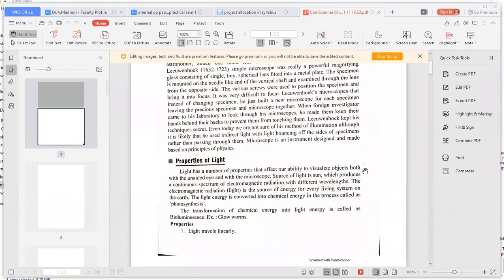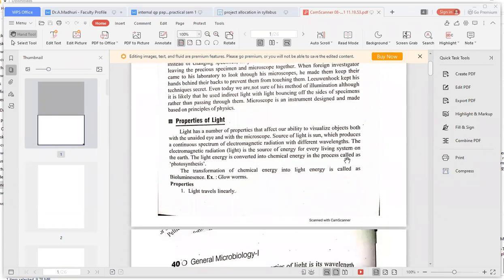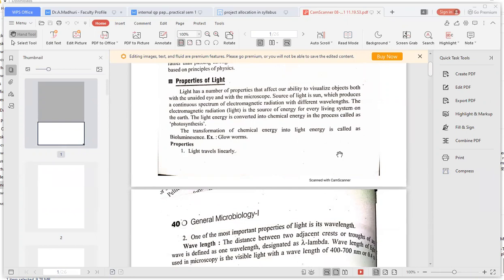So here, before studying about microscopy, we have to study some properties, that is properties of light. What is light, you know very well, right? It is used in photosynthesis and even in bioluminescence, like jugnu, what you call that insect. Okay, how they glow. Some fishes will also glow. That is called bioluminescence. Luminescence means glowing. Bio means by the living organisms.